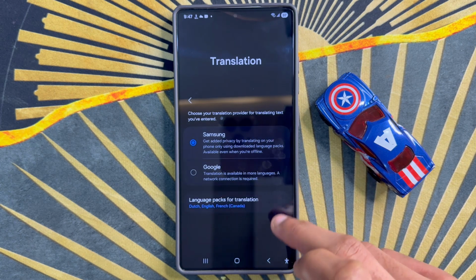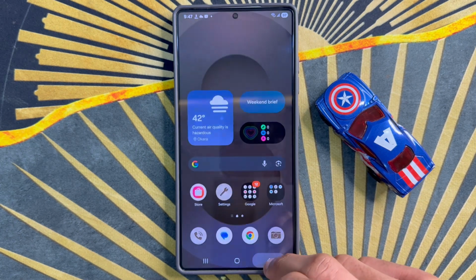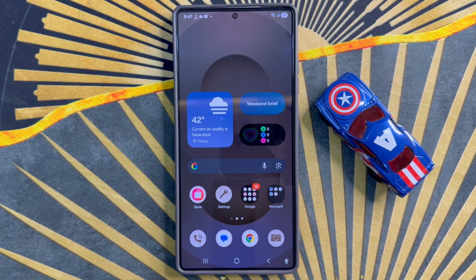After selecting, go back to home screen. So that's how you can set keyboard text translate to Samsung or Google Translate on